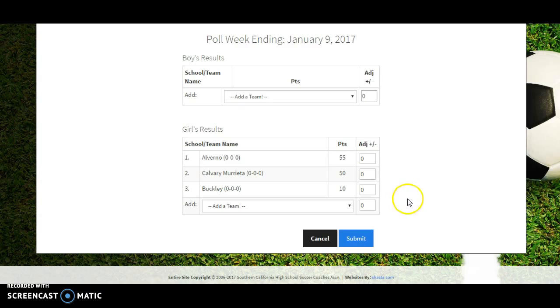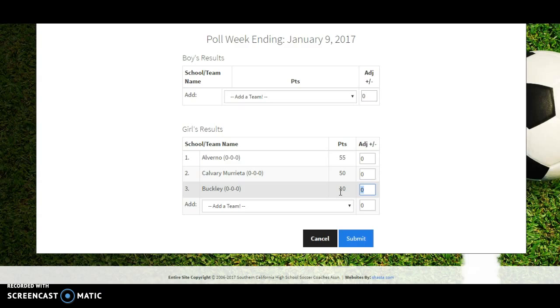When the Division 7 coordinators go in, they're going to want to change this to what their actual top 10 balance would be. What I mean by balance is you need to adjust the points. So actually, Buckley may be the best team in Division 7. We want to get them to 55 points, since that's what I'm setting as my number 1 point total. And that should work for a top 10. And you can have a tie in there. So your 55 points is a good system. And then once you get below 10, you can make it 1 point each per team, because you've got your top 10 and then the others are all balanced in there somewhere.